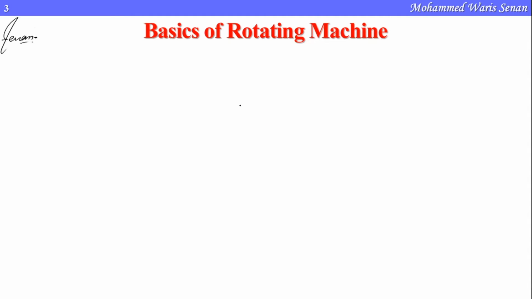In order to understand this concept, we will take a very elementary two-pole machine, but we take the poles or the field winding on the stator and the armature winding on the rotor in order to understand the concept conveniently. One assumption that we are going to take in this video lecture is that the flux lines are parallel. Actually, the field lines are radial, but to understand the concept very clearly and conveniently, we assume that the field lines are parallel. So let's start.